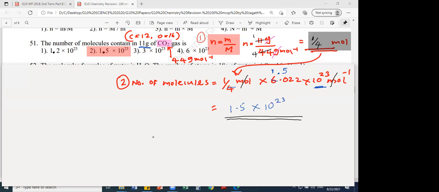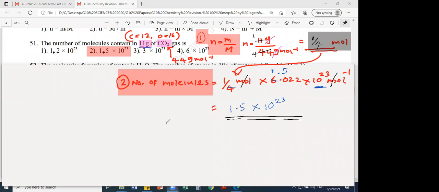So it's a very good question, hard, and these types of questions they can ask in the exam. So what is the first step? Convert grams into moles. I put this carbon dioxide 11 grams. So you have to convert 11 grams into moles, and after that you have to convert that into number of molecules, because carbon dioxide is a molecule. Now remember, either you want to calculate number of molecules or number of atoms. How to find? What are the equations?